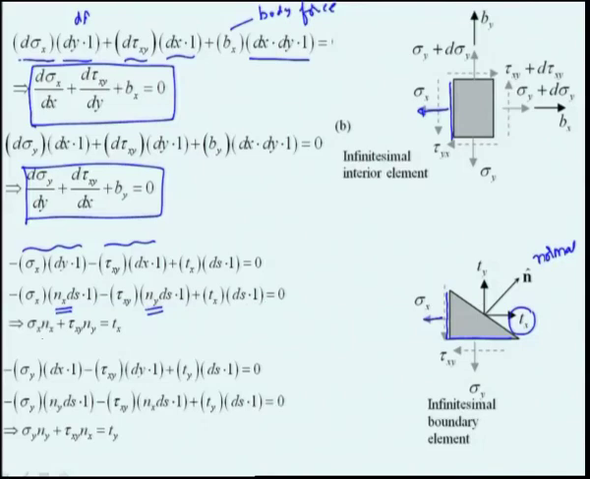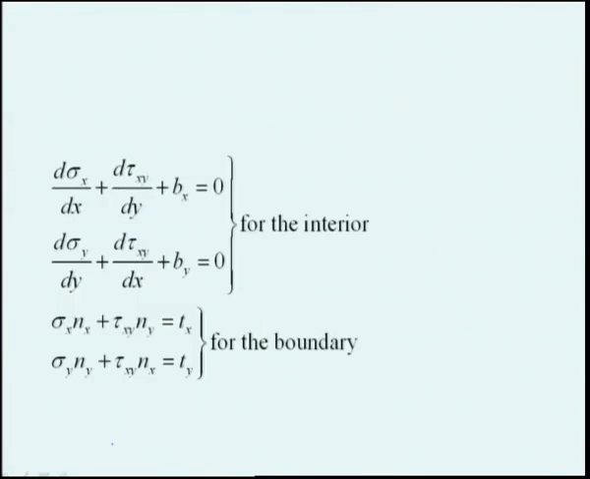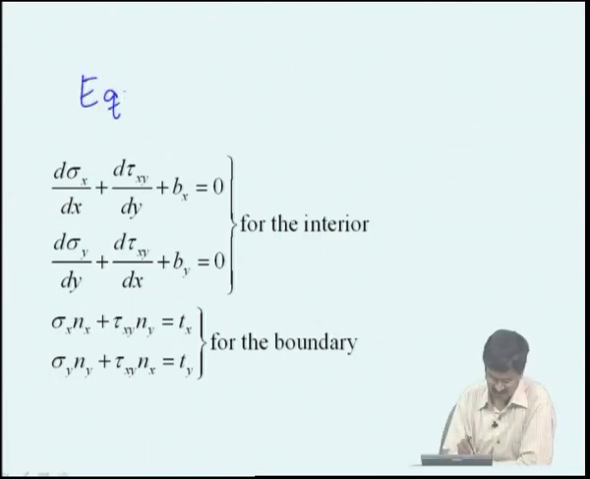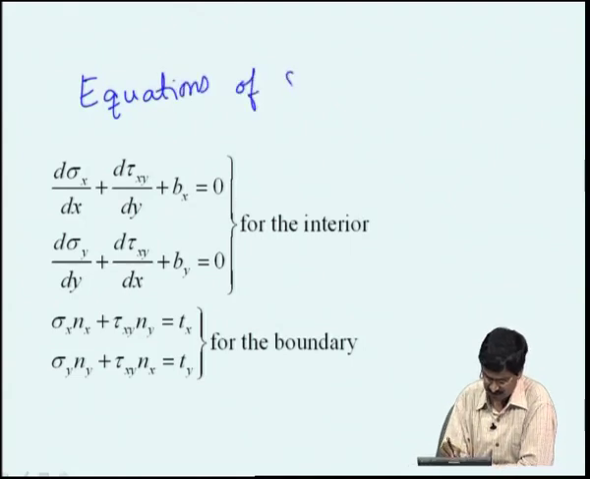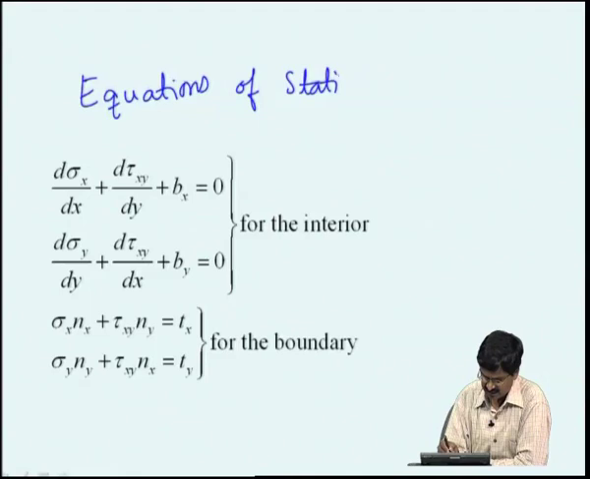Okay. If you do that, you get this third equation, which is the boundary condition. Similarly, if you do the same thing for the y axis, you will get another one for the boundary. If you put together all of them, we get the equations of static equilibrium for general state of stress. These are equations of static equilibrium